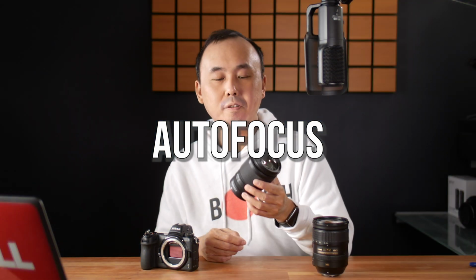The autofocus with this 24-200 lens is reasonably fast and also very quiet. And when you are using it in the continuous autofocus mode, or when you are recording video in continuous autofocus mode, the autofocus operation when it's doing the tracking is very smooth. I remember when I bought this 28-300 lens probably 10 years or so ago,